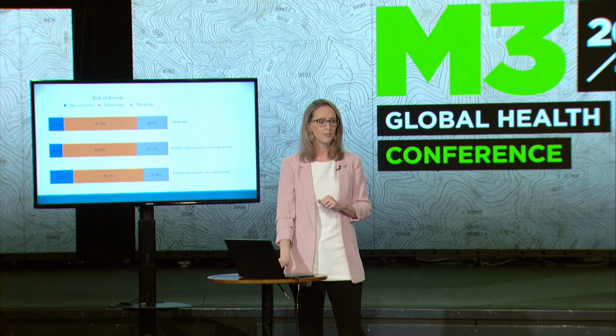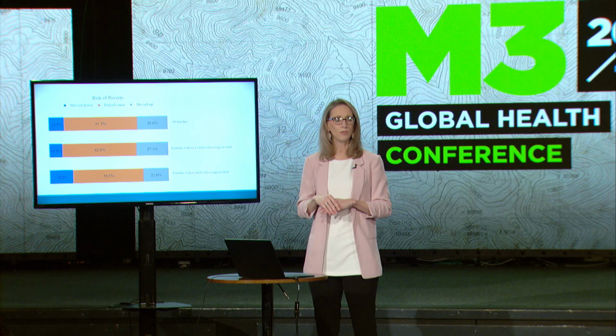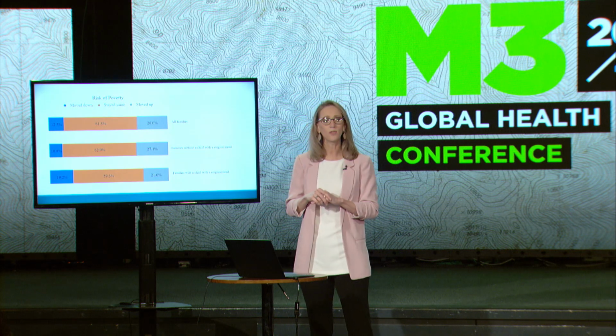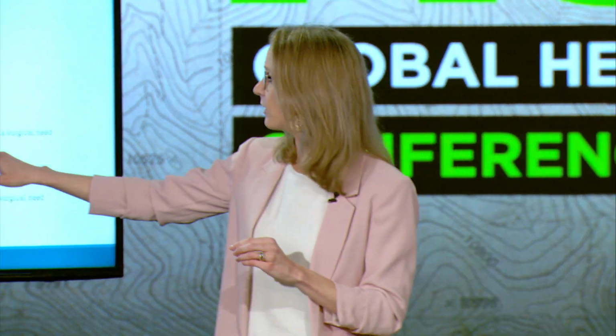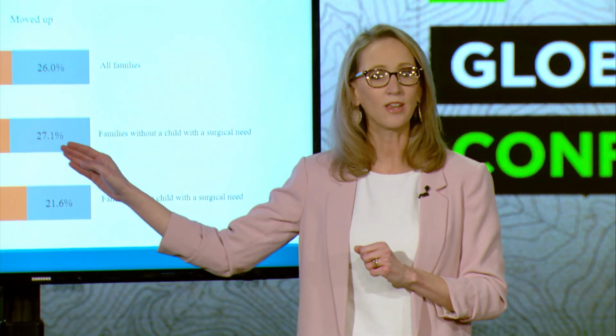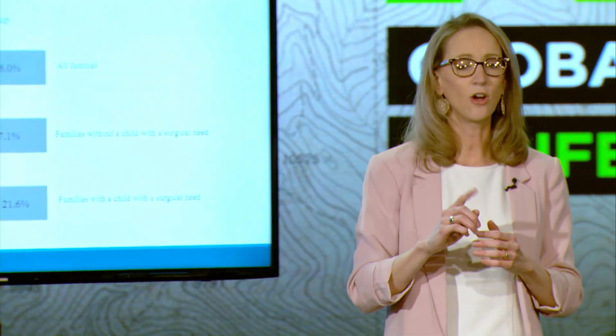However, with the families that had a kid who needed a surgical need, this is where we see the difference. Almost 20% of families moved down into poverty and never came back up. 59% remained the same, and then 21% moved up. So look at the difference of the families who went into poverty and never recovered from those that did not have a child with a surgical need versus those that did. It's almost a doubling. So poverty not only was a barrier to get to care, probably because of geography, and you have to pay for the transportation, it was also a strong predictor of poverty and not being able to recover.